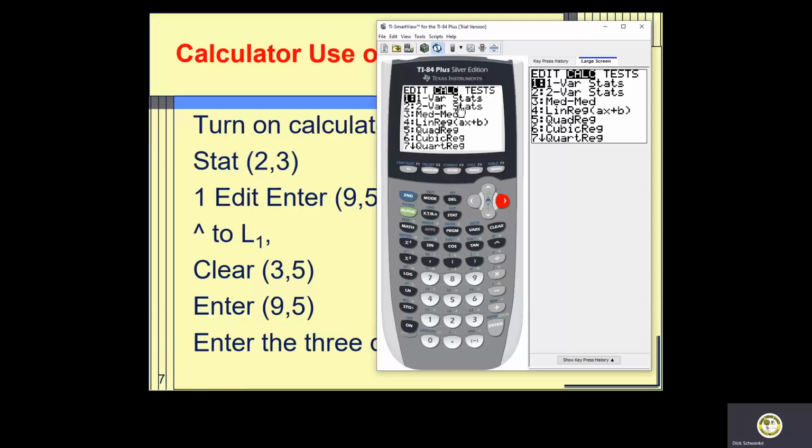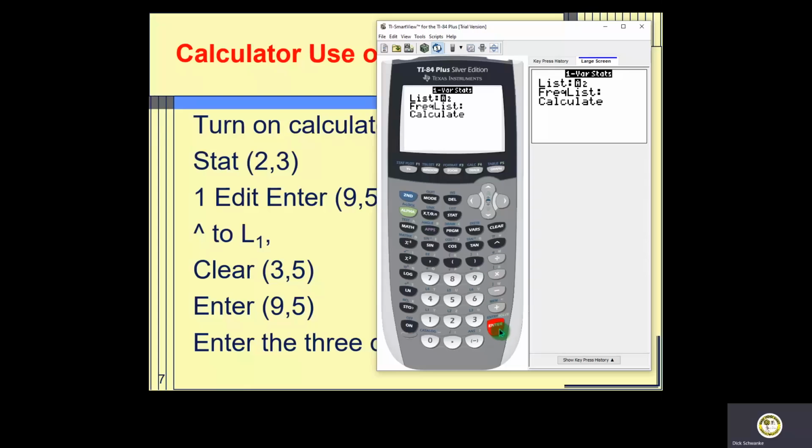There's 2 variable statistics, like if you had an X and a Y. And then there's a whole series of other things, including linear regressions, which we might use in chapter 4. But let's take a look at the 1 var stat, which is what we wanted. So I hit enter there. Now it says, where is your list? Where is your data? What list did you put it in? Now we had ours in L2, but if we